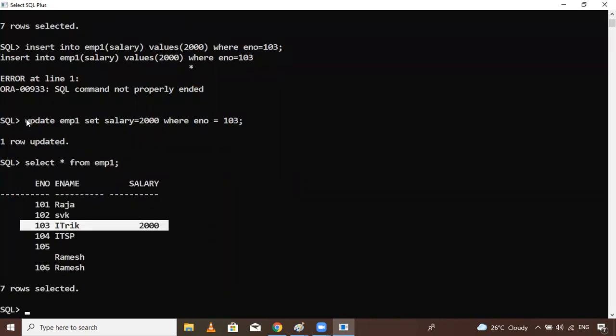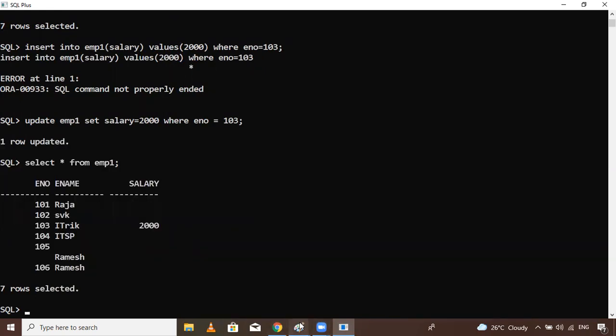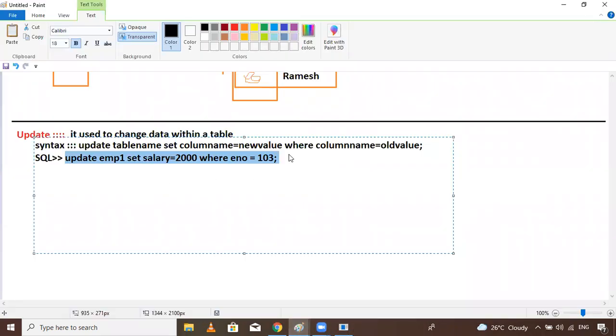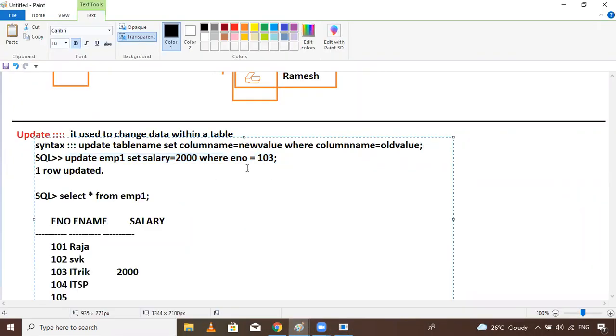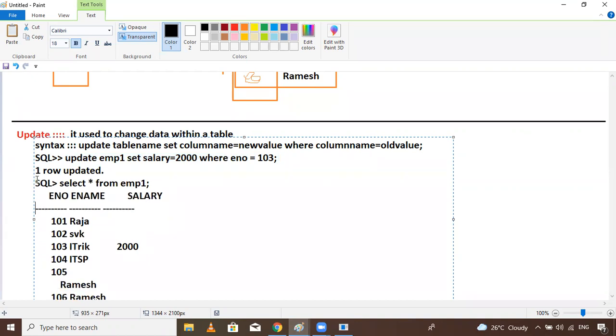So now here update is there. Okay, update up to this, copy this, and here paste it. Remove this, the salary. This one is removed.